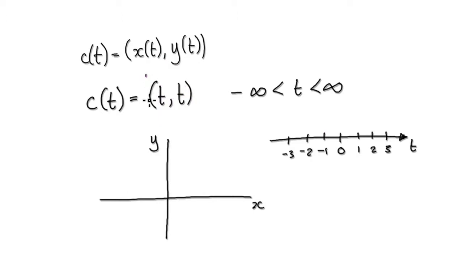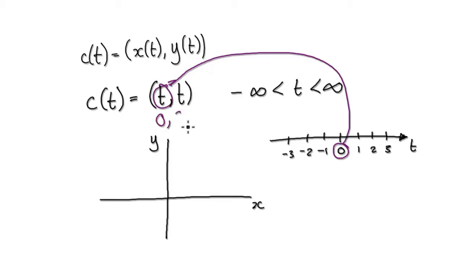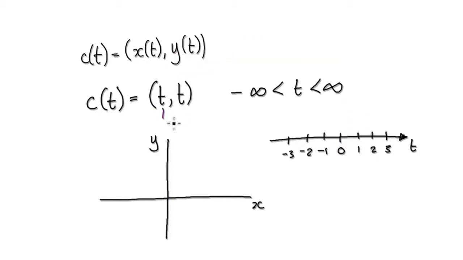So when you first glance at this, you should be able to tell that it's going to be a straight line because x and y increase on par with each other. So for example, when t equals 0, put 0 into here, put 0 into here. So this will be 0, comma 0, which will be right here. When t is 1, put it into here. The location will be 1, comma 1, which will be, let's say here, 1 across, 1 up, which will be